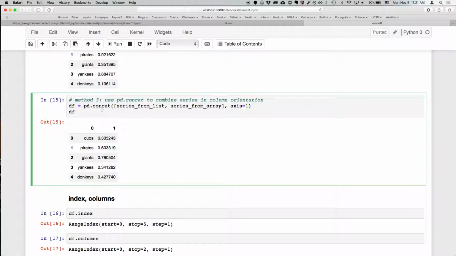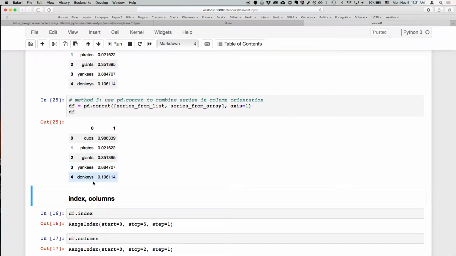Another way we have is using this concatenate function, which we'll talk about more in a future lesson. There's a lot you can do in Pandas to concatenate, merge, and reshape data frames in very sophisticated ways. So this is just a basic example where we're going to use this Pandas function concat, and we're going to concat two lists. And then axis equals 1 means we want these to be concatenated as columns. So that gives us the same